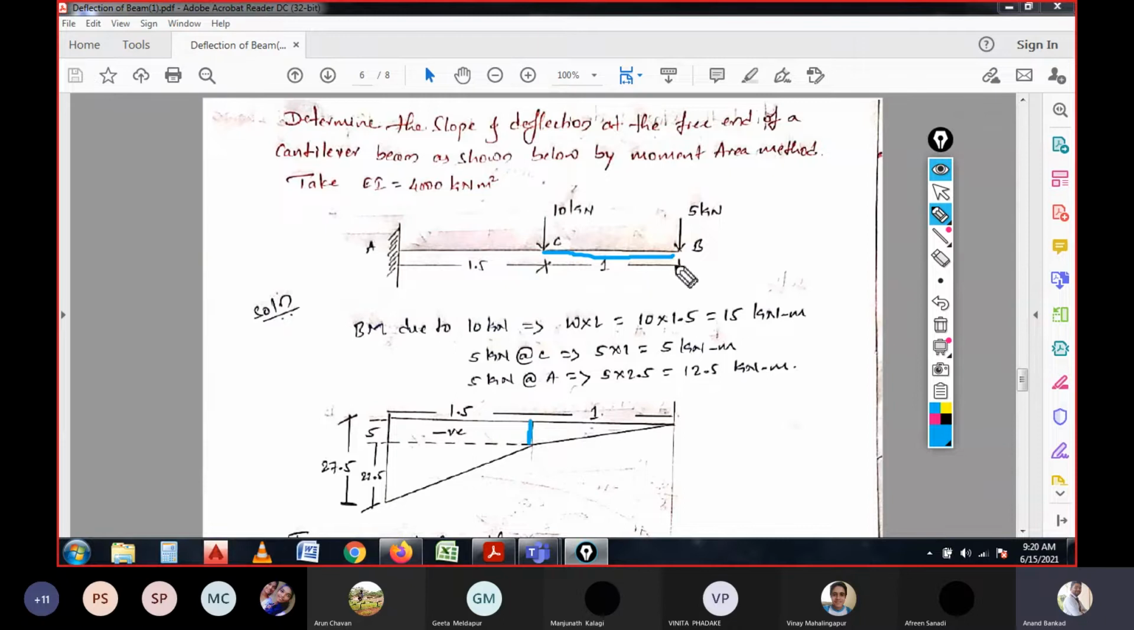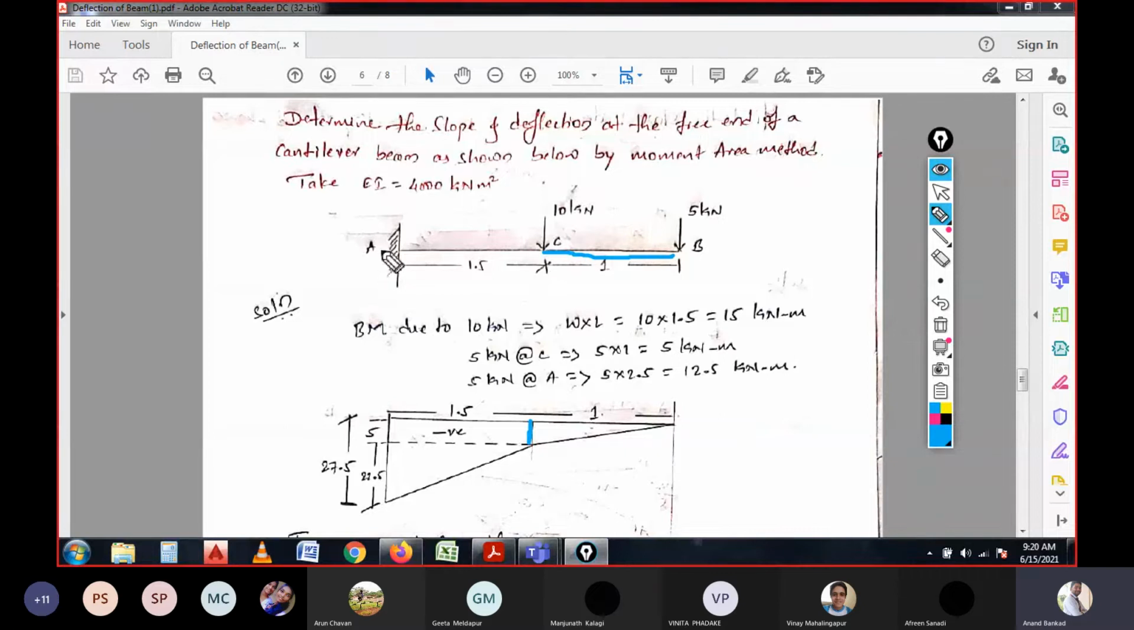So this is at C. Since it is the point load, you will be having a straight line. So for this, the bending moment diagram will be in triangular shape for this span itself, because at the end we will be having another point 1.5 due to this 5 kilonewton load, and due to this 10 kilonewton load